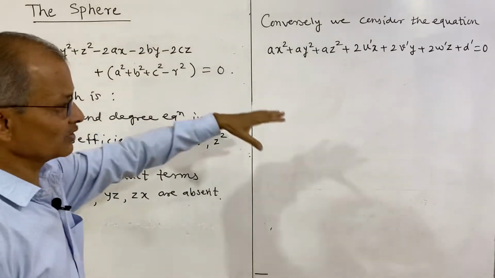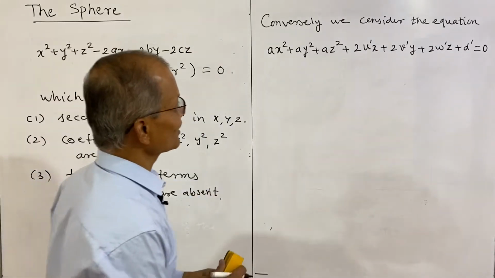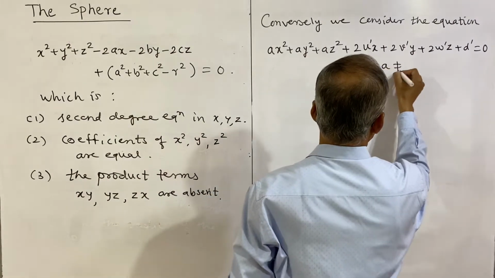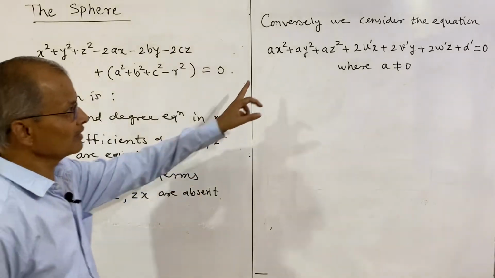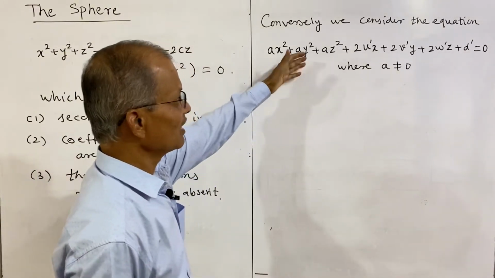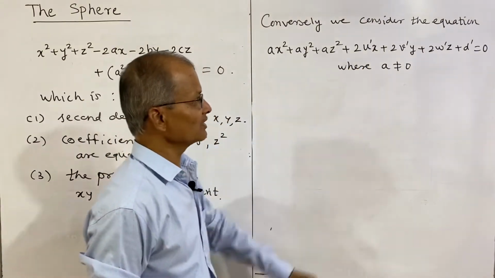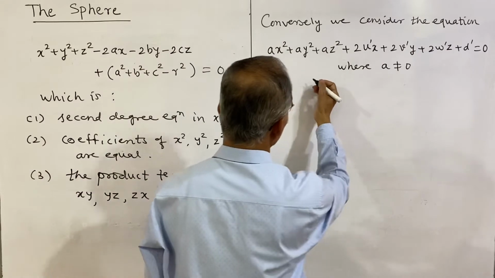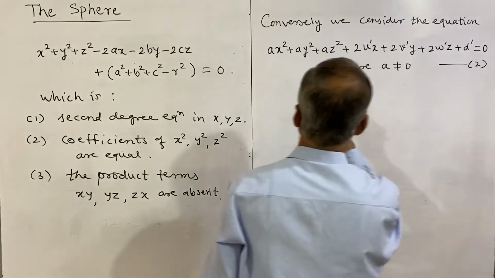We express the equation in equation 1 form, which is the center-radius form, and for that purpose a is not equal to 0. If a is 0, then the equation will not be of a sphere, because all the 3 terms will be 0 and it will become a first degree equation. So, a is not equal to 0. So, dividing this second equation by a,